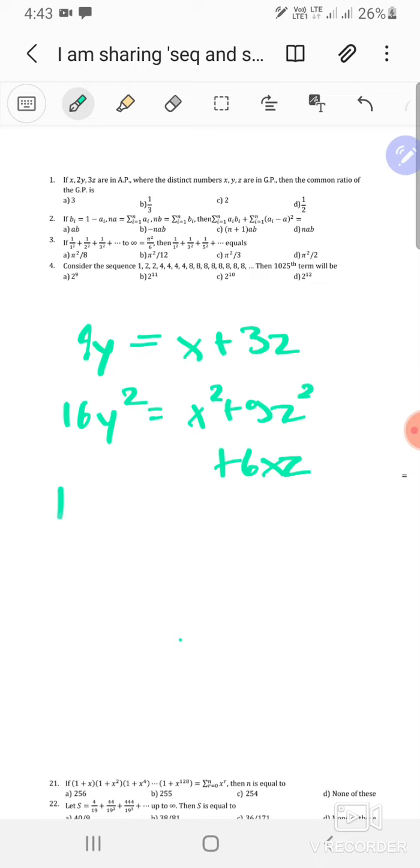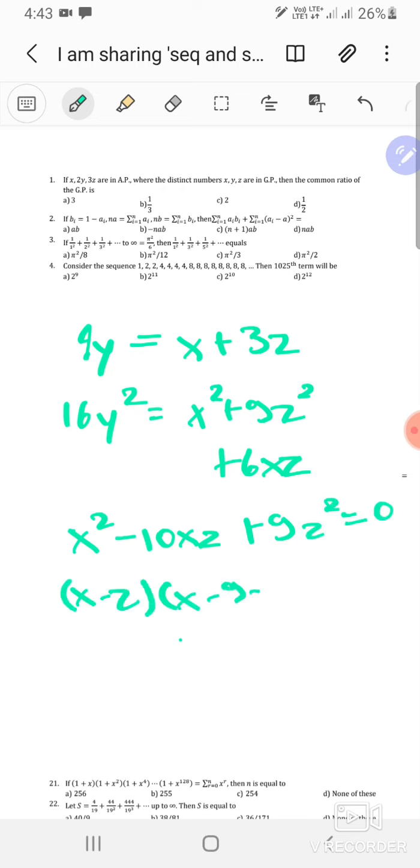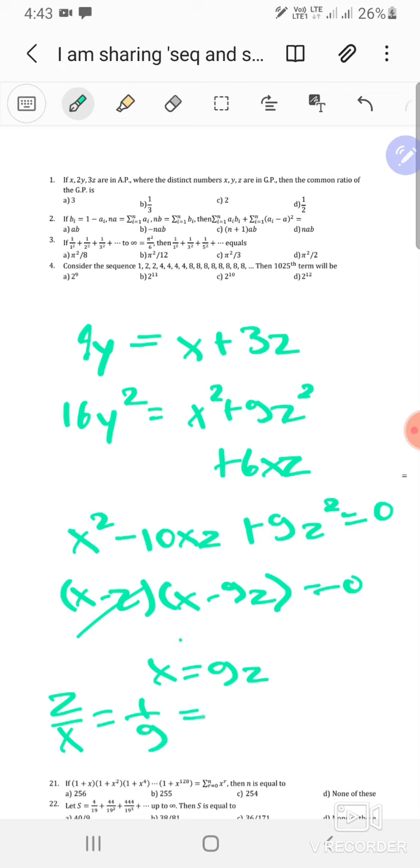So 16xz is equal to all that stuff, so I can directly write it as x squared minus 10xz plus 9z squared has to be equal to 0, which can be factorized as x minus z into x minus 9z. But we know that these are distinct, so that's off. So you get x equals 9z, which means that z by x has to be equal to 9, wait no, 1 by 9, but that's also the ratio squared. So the ratio has to be plus or minus 1 by 3, but minus 1 by 3 won't work because